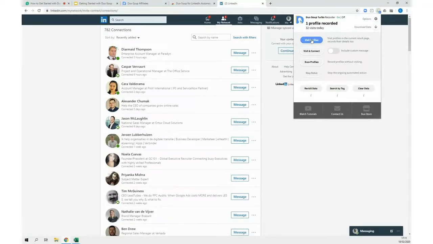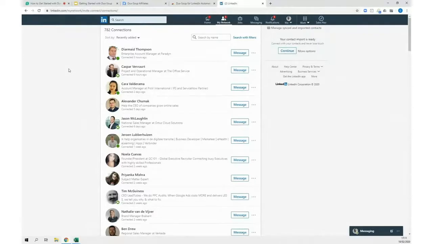Now, of course, if I wanted to, I could also do this against a subset of my connections. So I could carry out a search with filters here and find a subset of my network in order to be able to send them a personalized message. Perhaps it would be only certain people in a certain role that I would want to target with that message. But that's a very powerful way for you to use Dux-Soup to carry out a visit